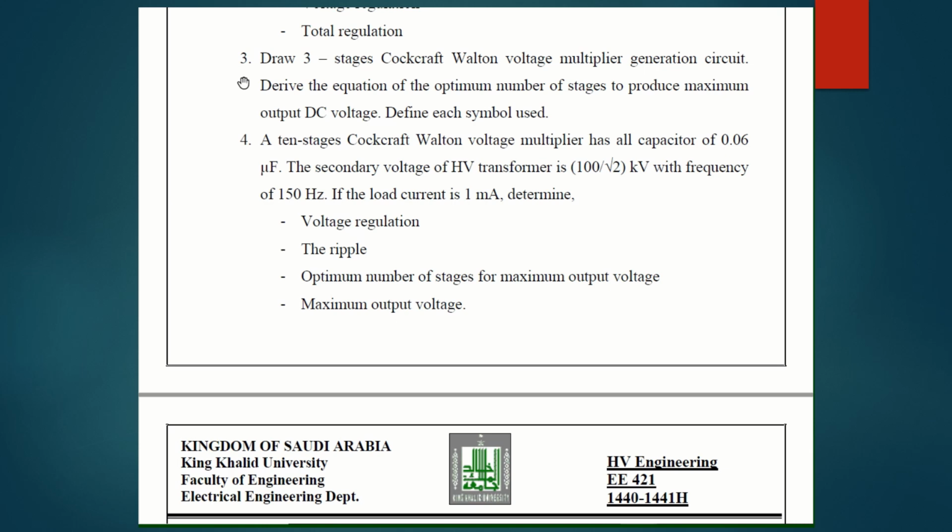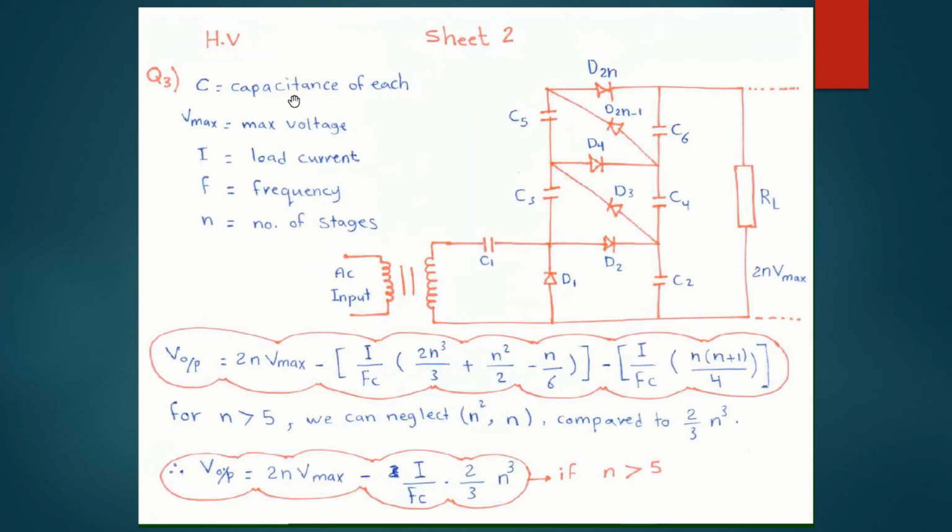reading and solving question 3. In question 3, he asked us to draw a 3-stage Cockcroft-Walton voltage multiplier generation circuit. He wants us to derive the equation of the optimum number of stages to produce maximum output DC voltage. Define each symbol used. Okay, so here let's move on to the answer sheet to show you the drawing of